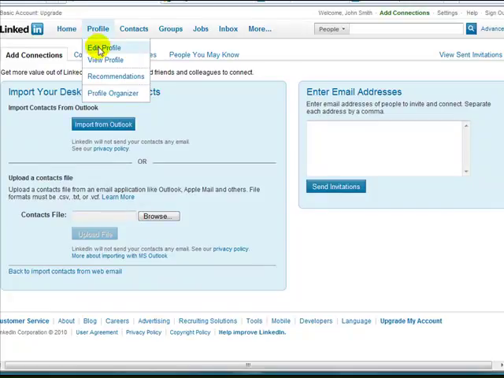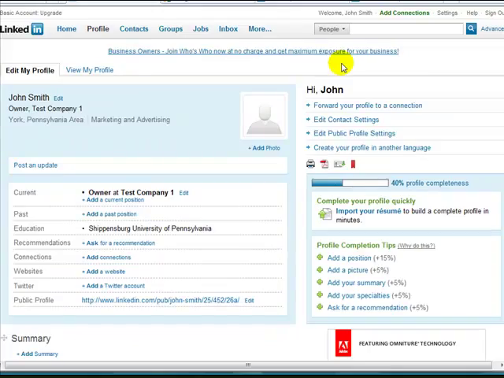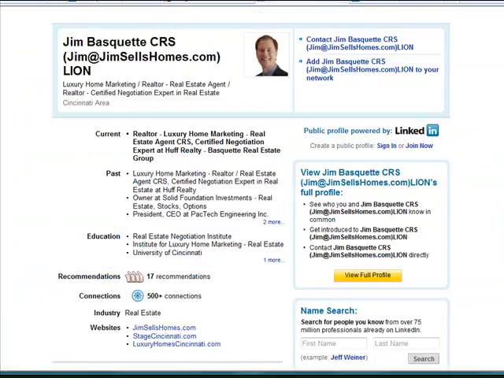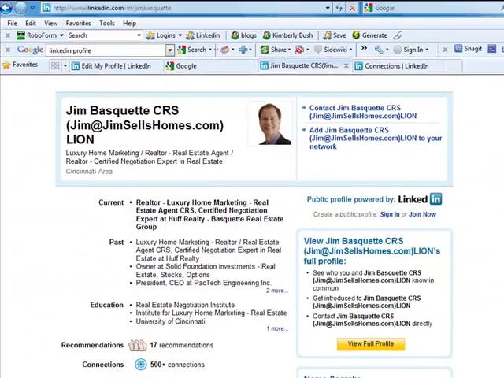You'll see that whenever somebody wants to visit your profile, you can give them a link that takes them directly there. And you can see here that by default, my link is just all this kind of goofy stuff. And that's not very catchy, is it? Well, let's go ahead and take a look at what this person here did. We looked at his stuff before. You can see here that his address to go right to him is a lot easier to remember, a lot